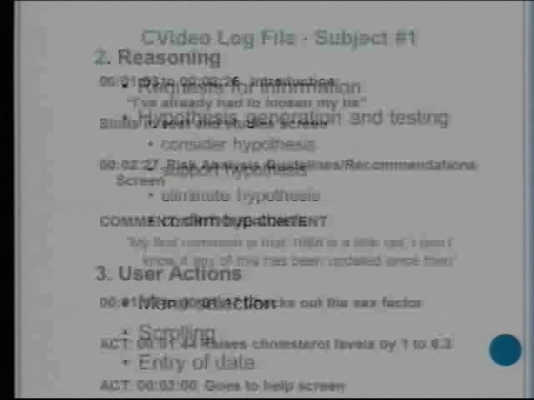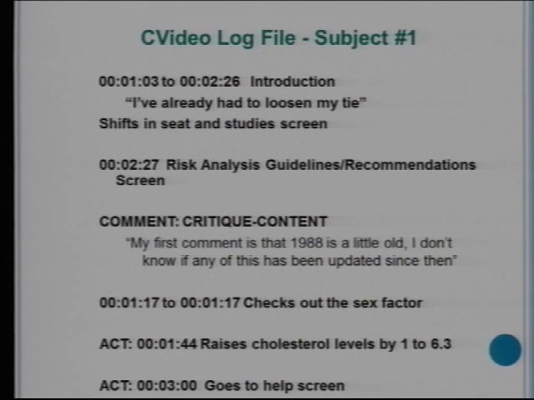Often we don't go to that level. But this was our log file. This corresponded to the video of that very first user that we had. And it was for, when it was done was we did the study in 1992. And you'll see that they're mentioning, as you're reading this, that they think the information's too old. It was set on, it was 1988. Apparently all the guidelines had changed in 1990. So everyone was sensitive to that.